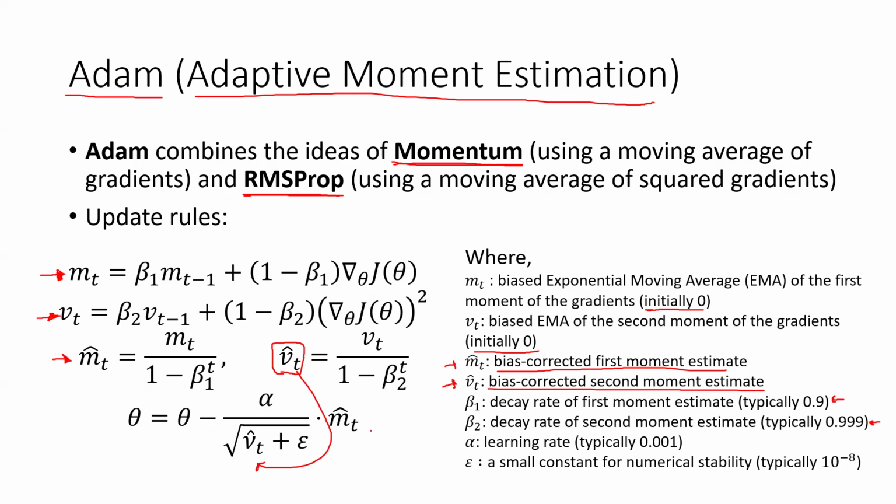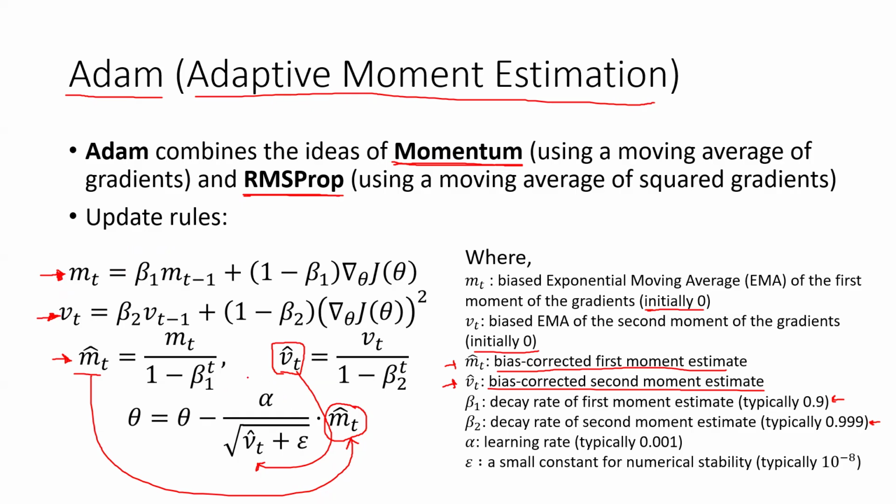Instead of using the same gradient, we are using the exponential moving average, the unbiased estimator mt hat, as the gradient of this algorithm, right? This is a much more improved version of gradient descent, where instead of using the gradient value, we are using the unbiased estimator of the exponential moving averages of the gradients,